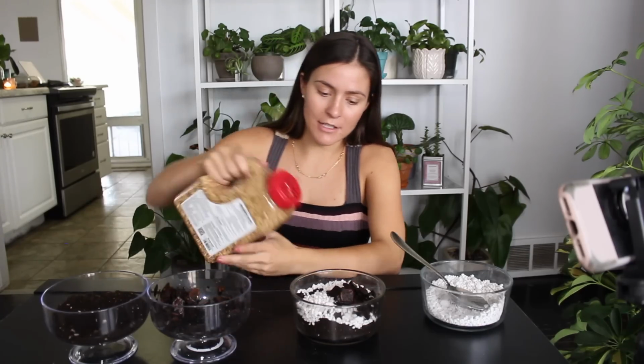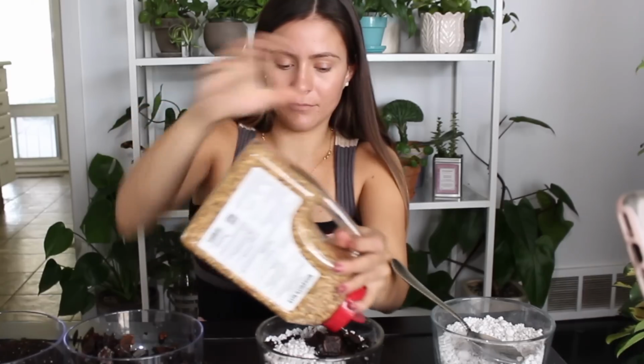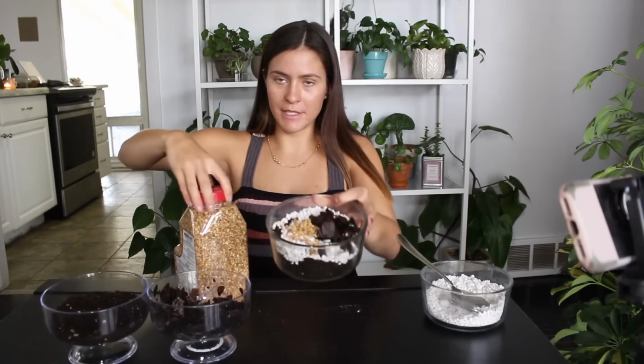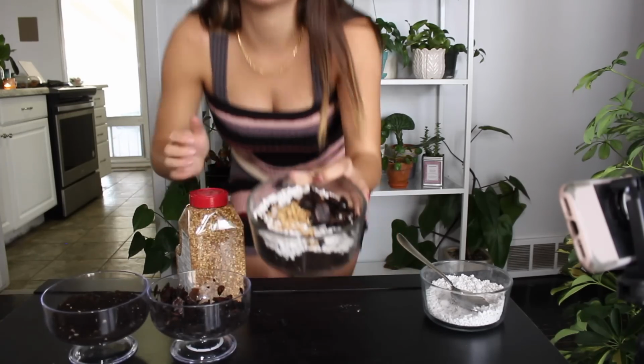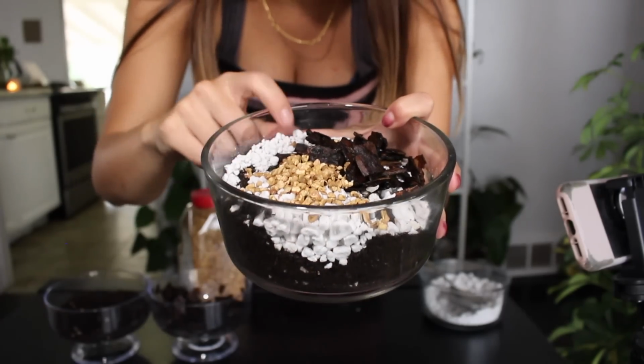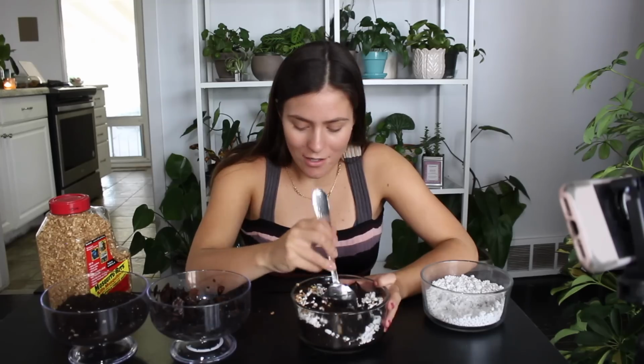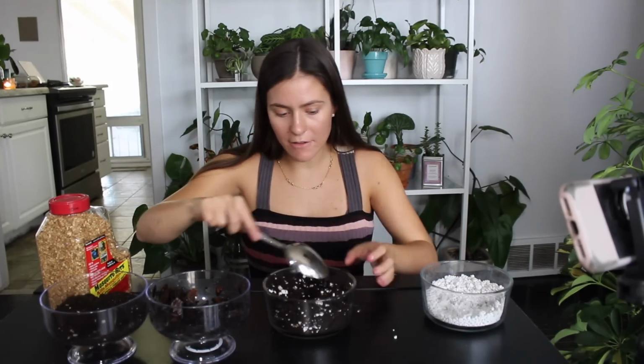And then I just add in probably about that much Mosquito Bits. Let me show you up closer. So Mosquito Bits, pumice or perlite, orchid bark, and then soil. Mix it all up. Okay, so now that I have it mixed, I actually want to add in a little